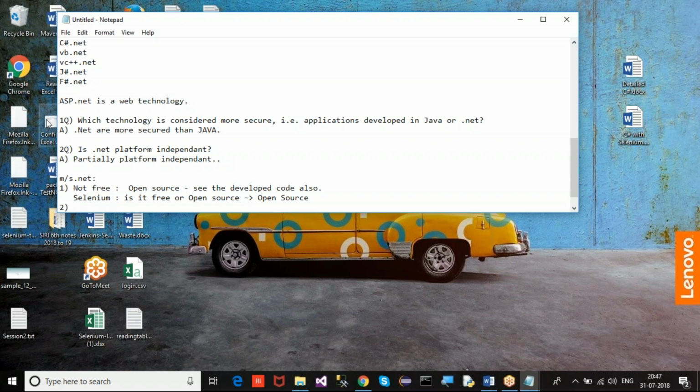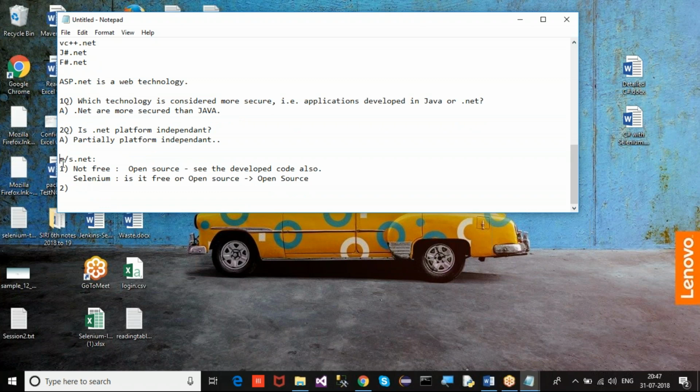And the second disadvantage of Microsoft .NET. Those who are already working, can you just try this? What do you think is a disadvantage of using .NET? Installation takes more space. Yes, it will take space and it will take more time compared to Eclipse. Yes, more space, and it requires more time also. To install Visual Studio, whatever the version,